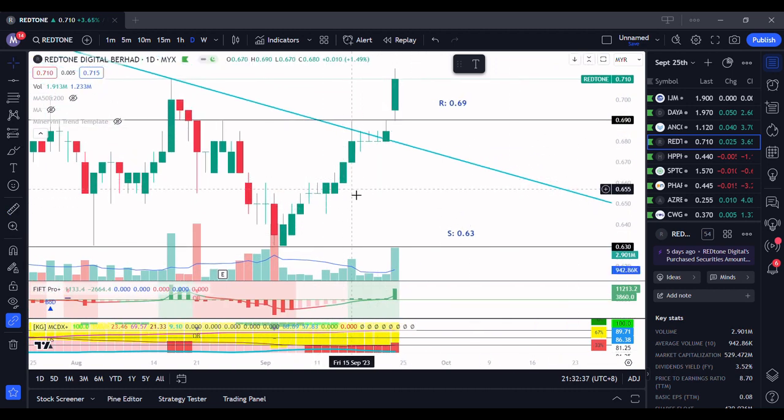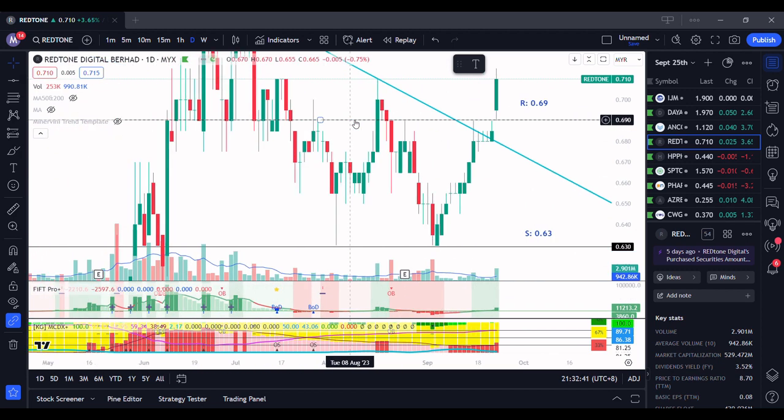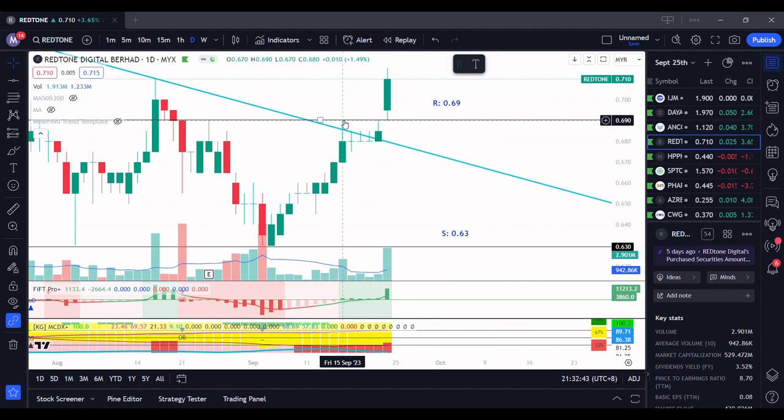Take note that during this breakout, this attempt to break out from this line, this resistance of 0.69, it had a high volume. Subsequent days were followed by very thin volume. Even this day, thin volume, and then the next day it actually gapped up,